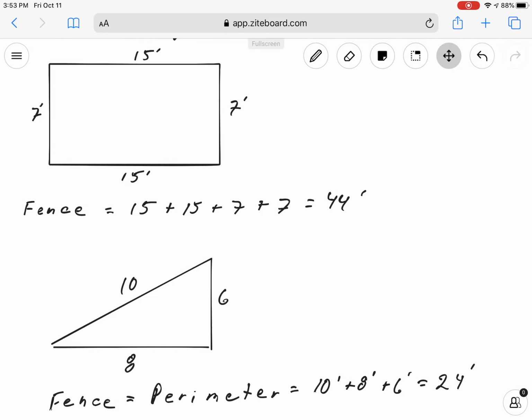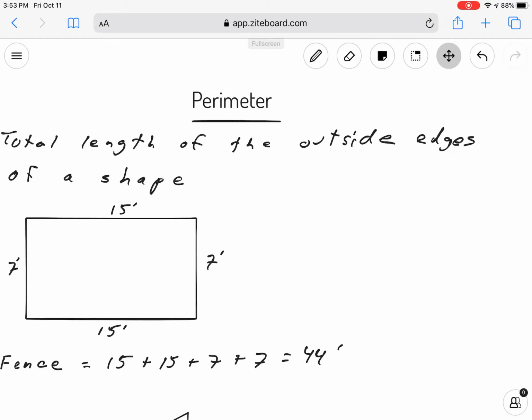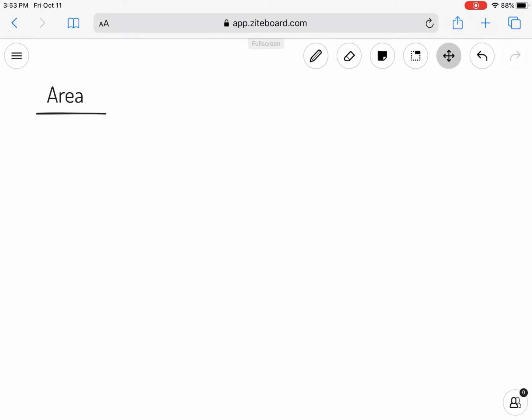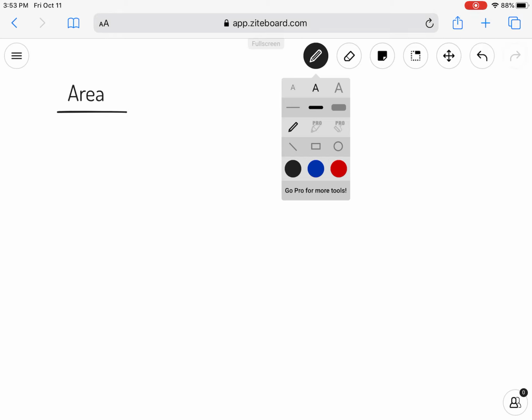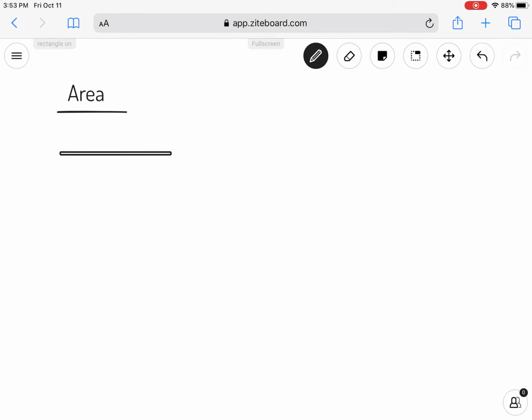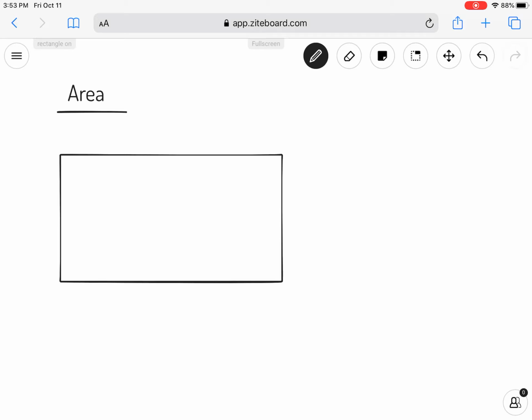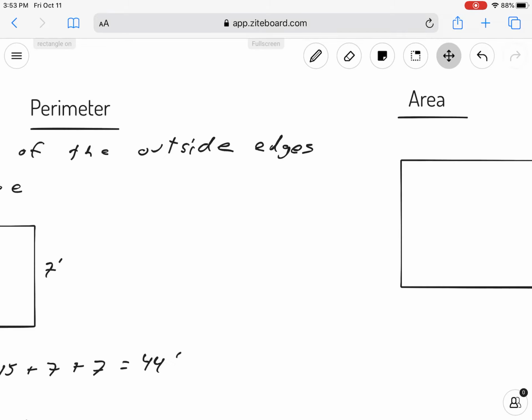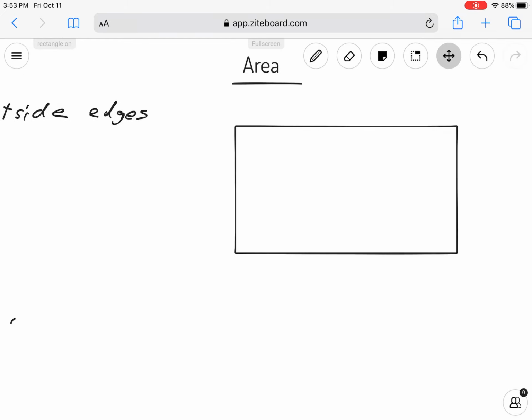Area, by contrast, is this. If I have a piece of ground, it's the amount of ground that I either want to play on, work on, plant grass on, plant something else on. So it's the whole area itself, when I would call it area. Okay, so again, if I have a rectangular piece of ground, and it's 7 by 15,